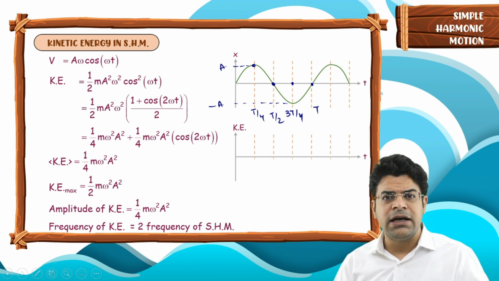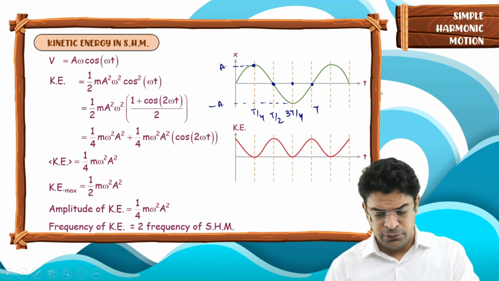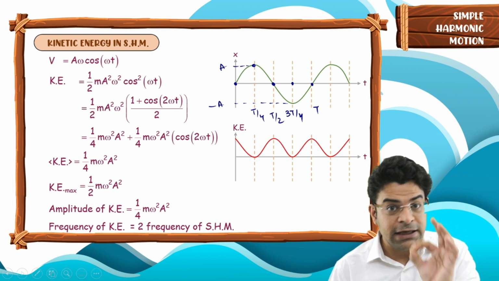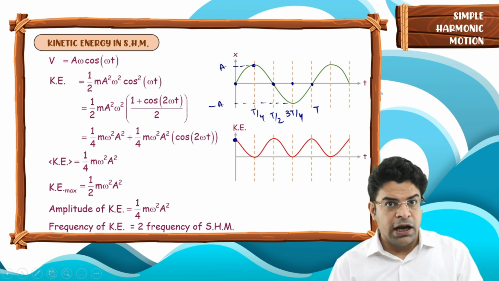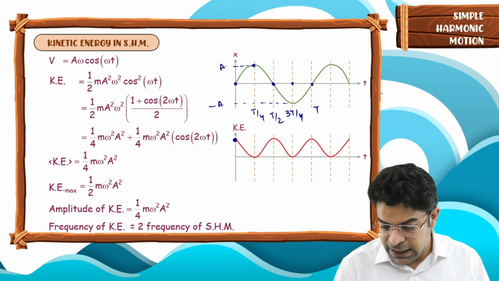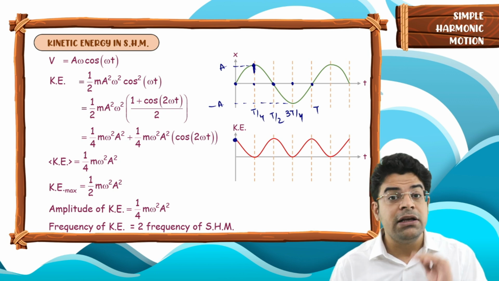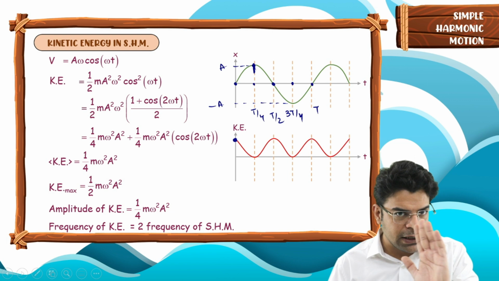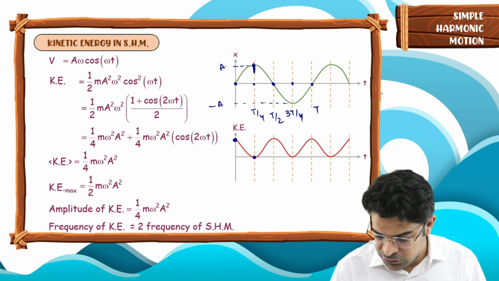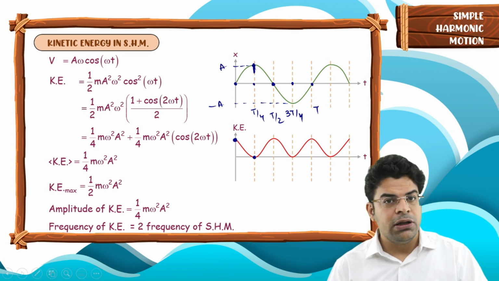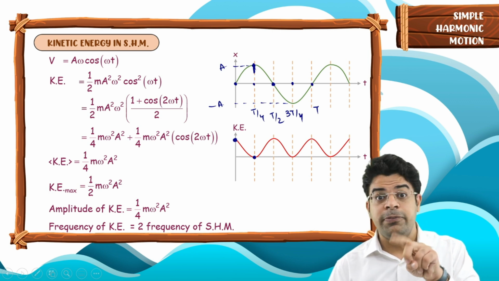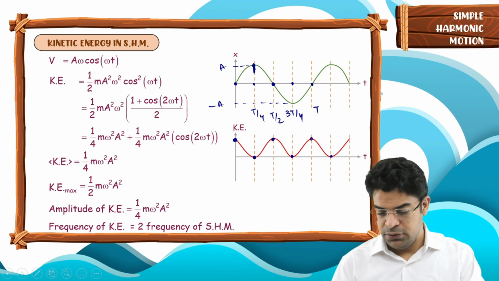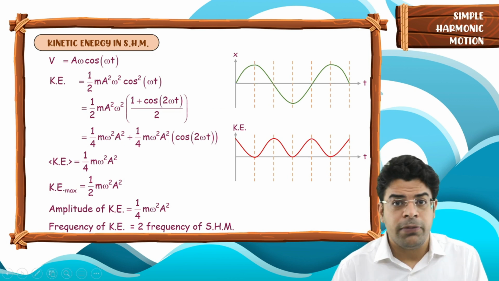So if we look at the kinetic energy versus time graph, at time equals 0, x is 0, the particle is at mean, kinetic energy maximum. At time equals T by 4, x is equal to plus a, the particle is at positive extreme. At positive extreme, kinetic energy is 0, the particle is at rest, so you get 0. At time equals T by 2, the particle is back at mean, so the speed is maximum, kinetic energy will be maximum. So now, notice this important part.